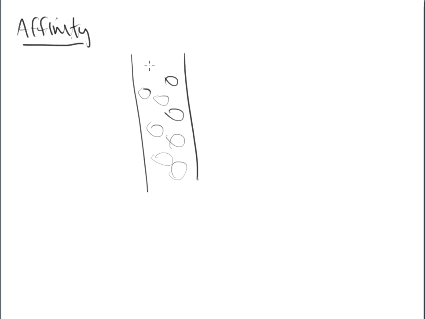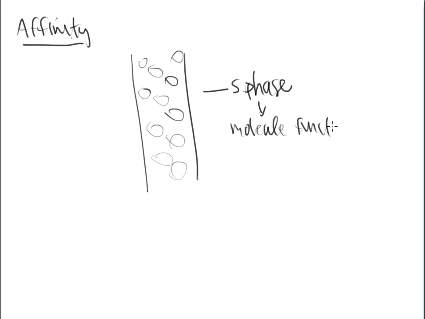Okay, so with affinity chromatography, we have a column, and this column is filled with stationary phase. Okay, the difference here is that the stationary phase is basically a molecule that has some type of functional group on the outside. And that functional group is basically targeting